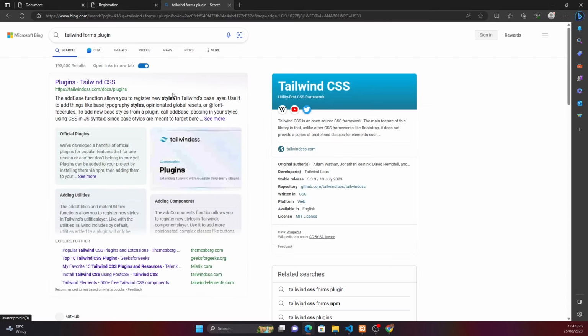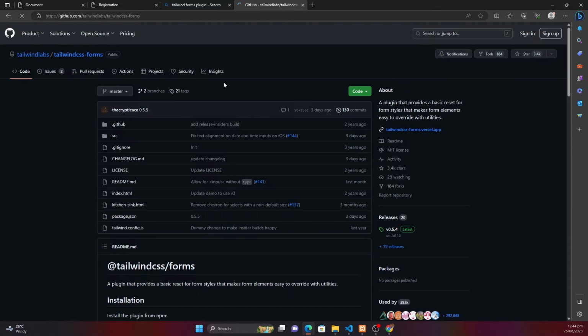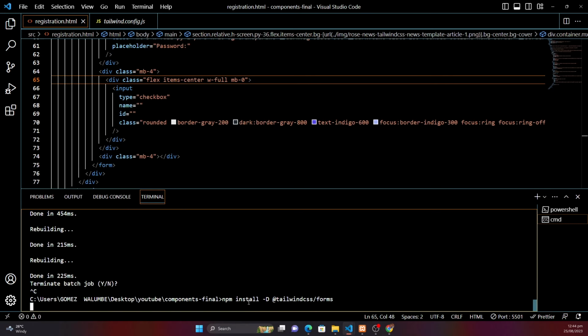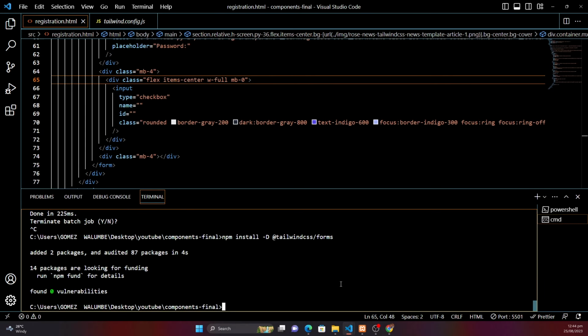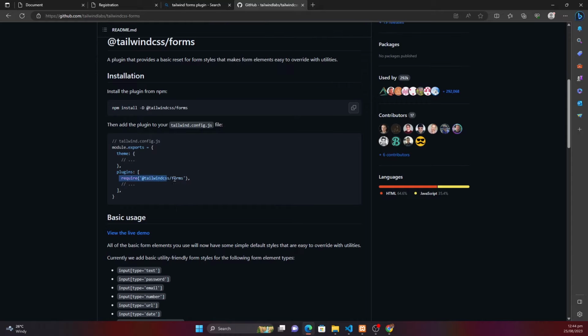So what I'll do is go ahead and install the Tailwind Forms plugin. What we just have to do is come to GitHub here, and there are instructions on how we can install it. I'll just copy this, go back to my code, and then install this. Once it's installed, I just have to go back to the code here and copy this, which is supposed to